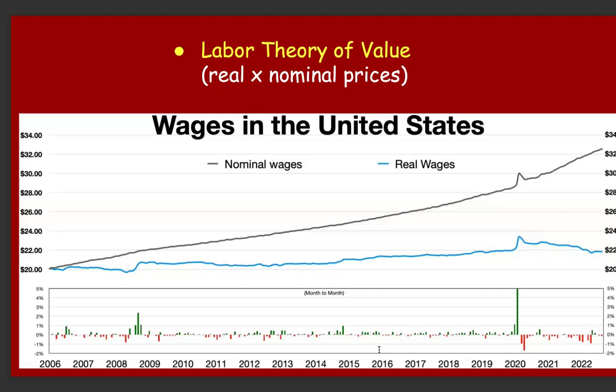Imagine, a simple example, that you earn $1,000 per month, as I said, and then suddenly your salary doubles. So now you're going to get $2,000 a month. Are you two times as rich as you were? If prices haven't changed, yes. But if the price of everything also doubled, then you're equally rich. In nominal terms, you're two times richer than you were, but in real terms, nothing would have changed. So as you see from the graph here, there's this difference between nominal wage and real wage.